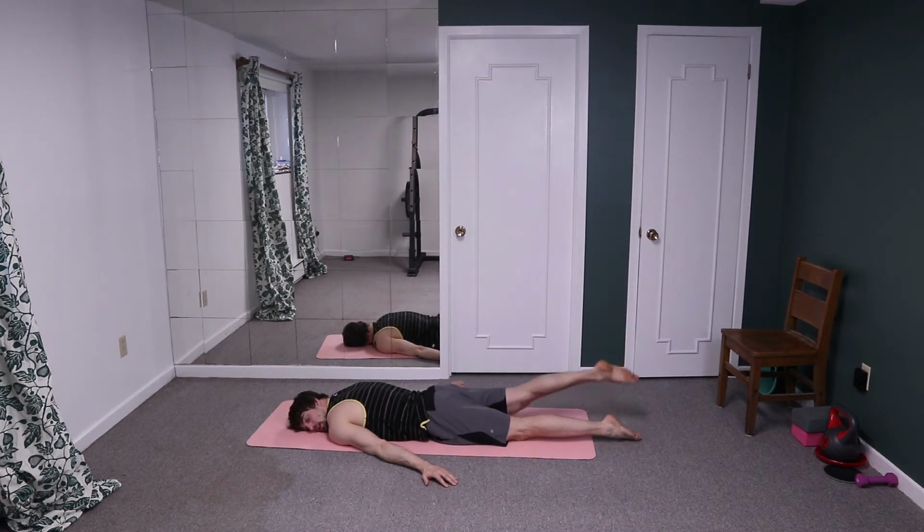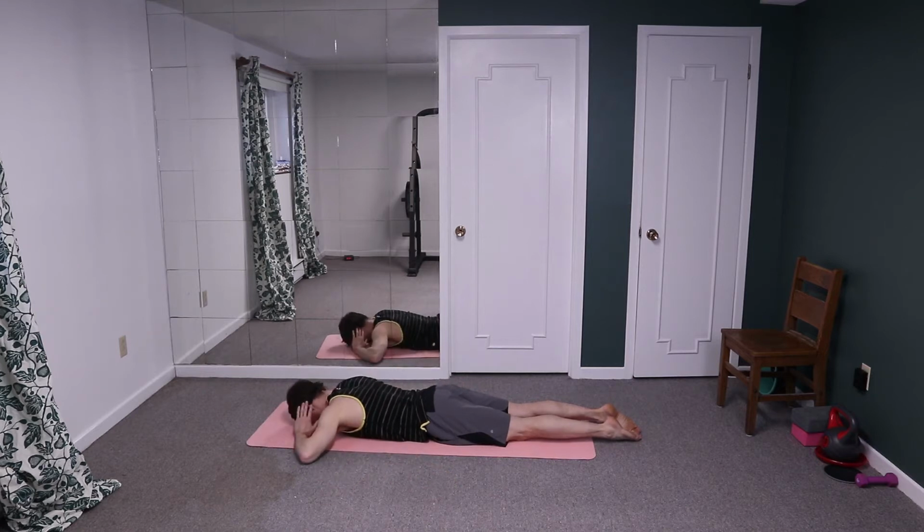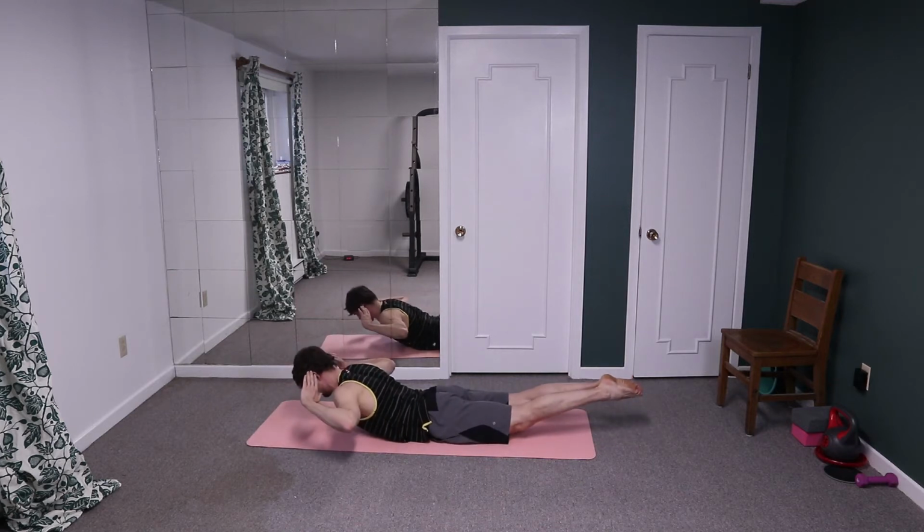Switching sides and lifting for 10, 9, 8, 7, 6, 5, 2, 1, and hold for 5, 4, 3, 2, 1. Rest, hands by the ears, and lifting, full Superman, 5 reps. Squeeze your core, squeeze your bum, and lift for 5,